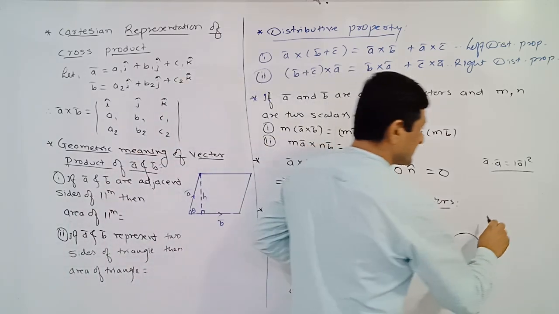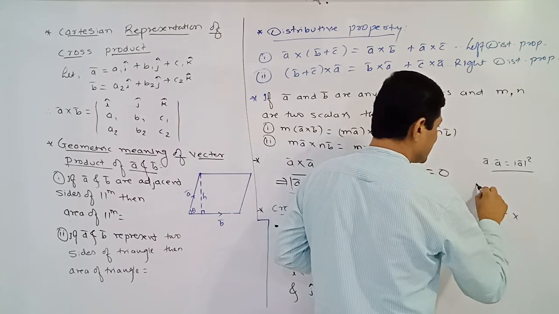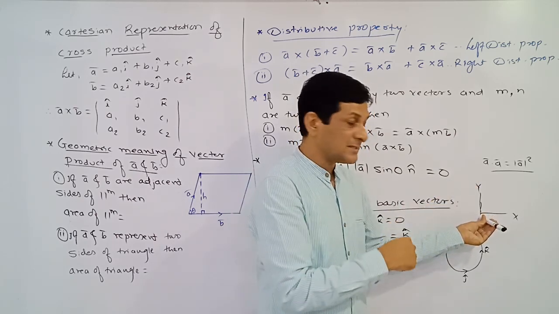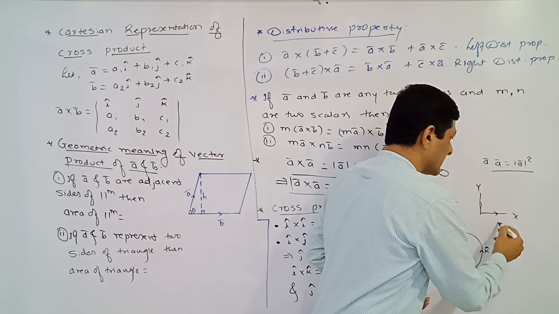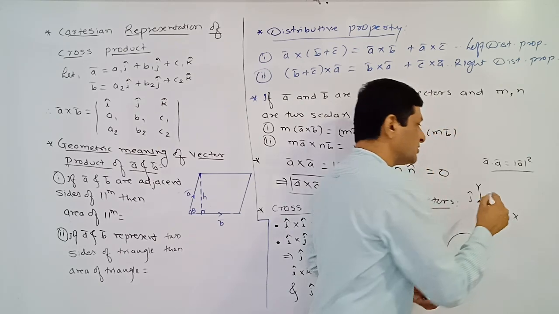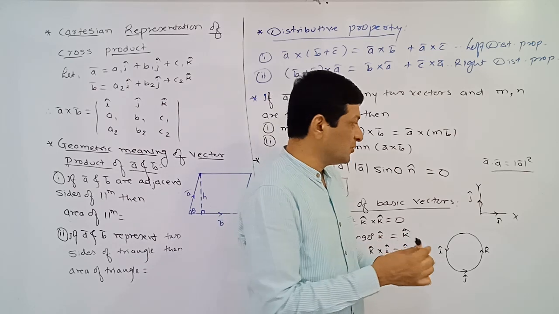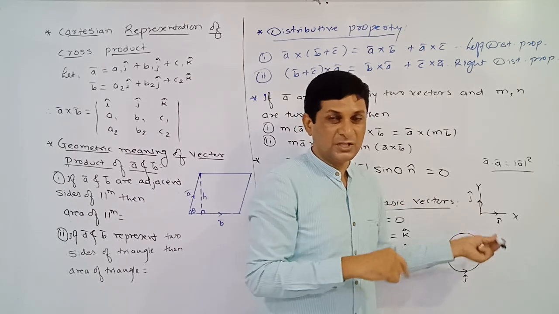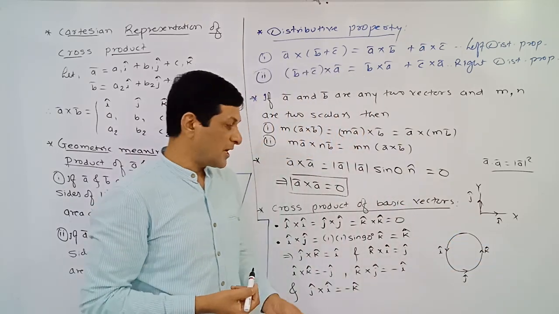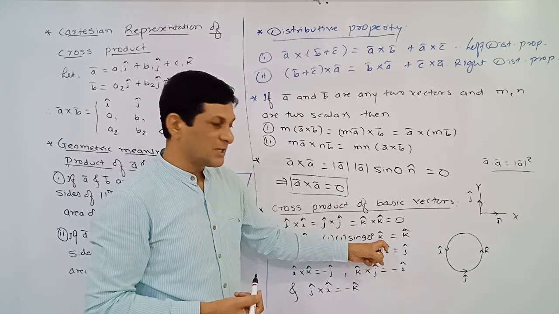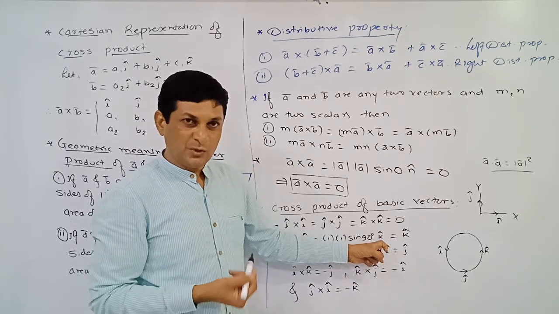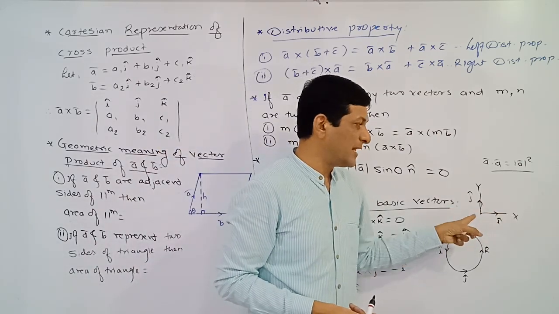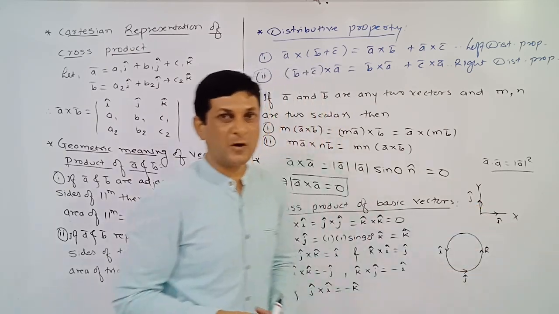Now if this is x axis and this is y axis, then z axis is perpendicular to this x axis and y axis. Unit vector along x axis is i cap, along y axis is j cap. And the unit vector perpendicular to i cap and j cap is along the z axis. We already know the unit vector along z axis is k cap. That's why here instead of n cap we have written k cap, because a unit vector perpendicular to the plane of i cap and j cap, the xy plane, is nothing but k cap. It is the unit vector along z axis.